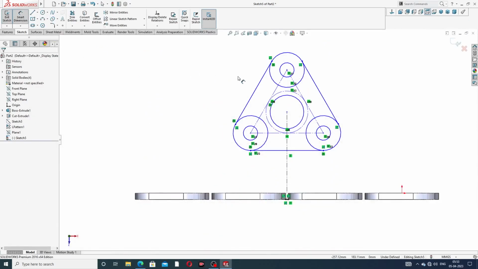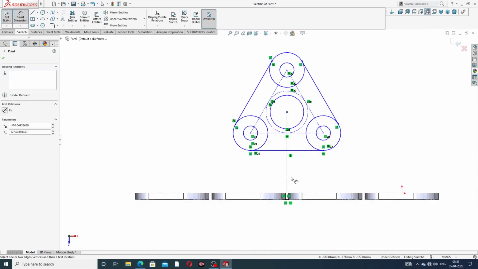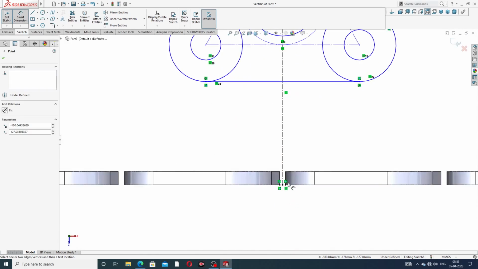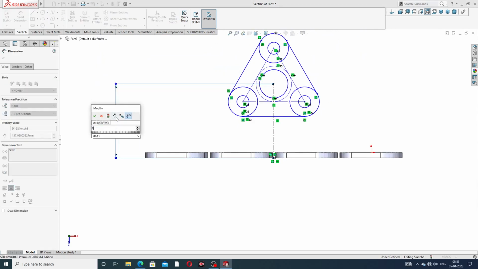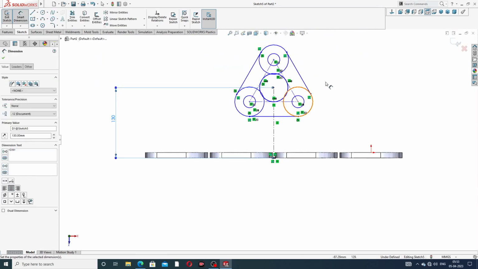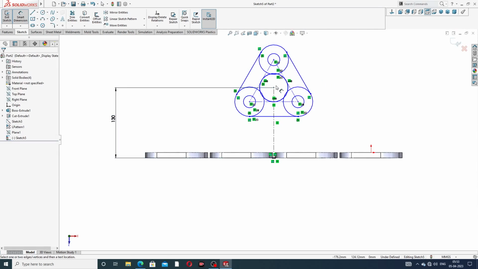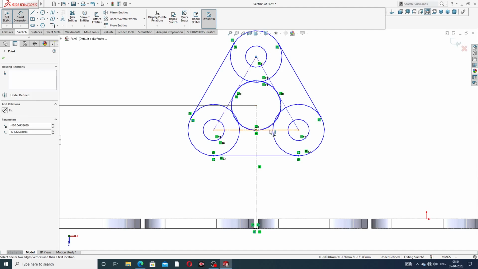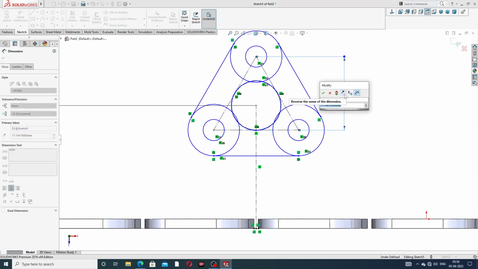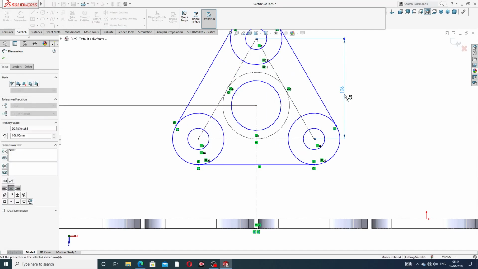Okay, and aligned dimension, and this distance is 106 millimeter, 130 millimeter is perfect, and this point to select this, 106 millimeter is perfect, okay,